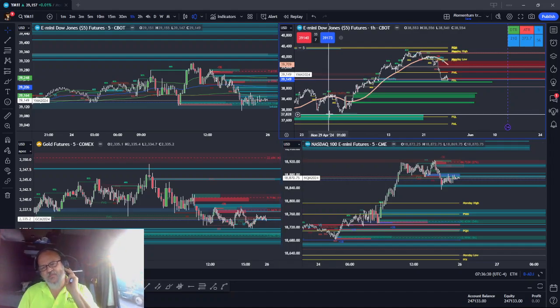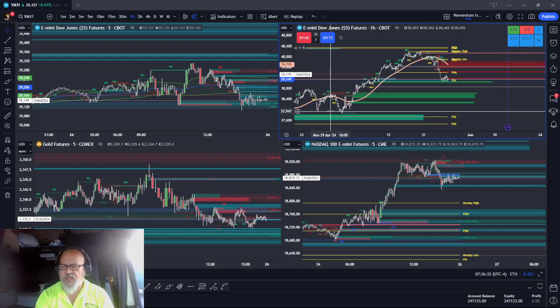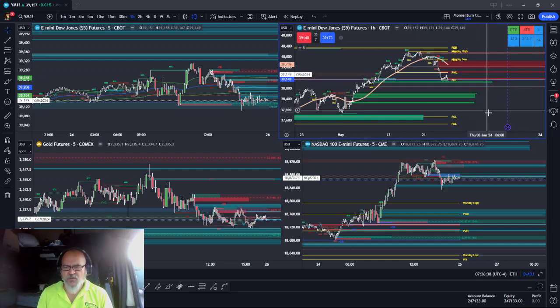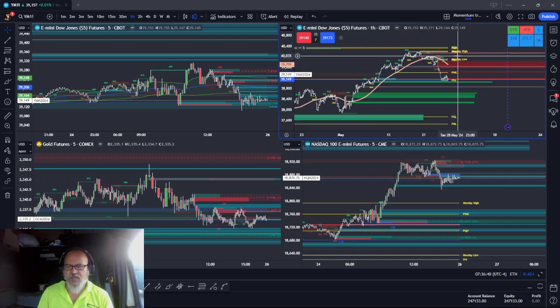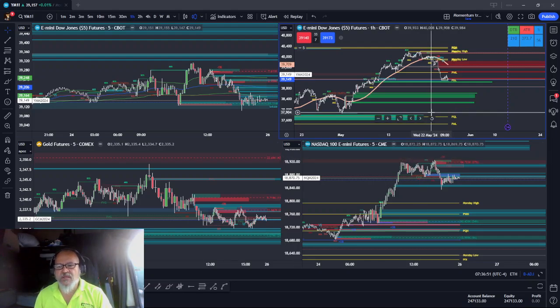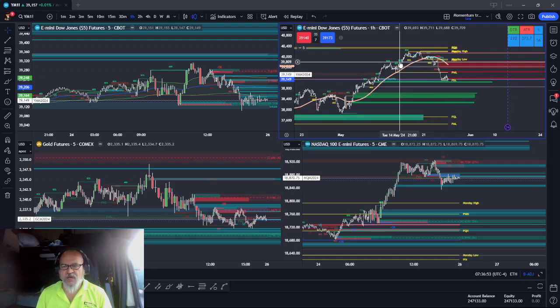Time-based liquidity will be previous day highs, lows, weekly highs, lows, quarterly highs, lows, all of that. Just searching out those highs and lows for liquidity, and kind of correlating that with the market maker model as well to see where we're trying to get to